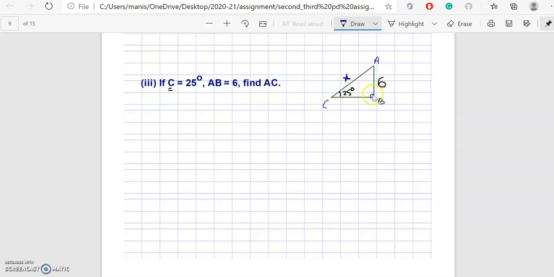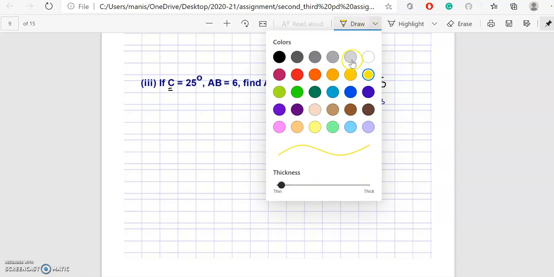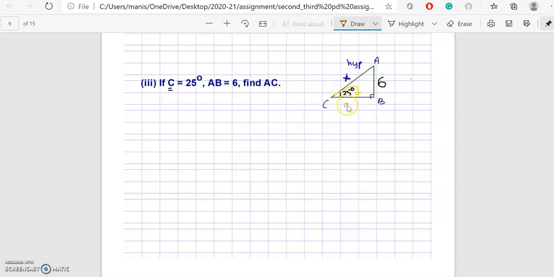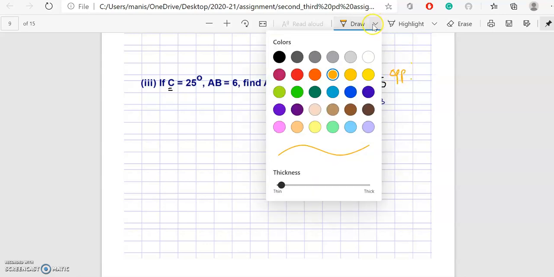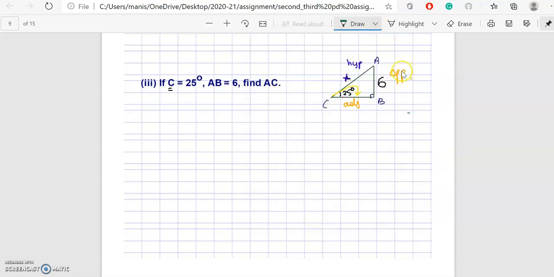When I say label the triangle, step number 1 is label your hypotenuse. Hypotenuse is what? It is in front of this 90 degrees. Now since we are talking about angle C, is this your opposite side? No, this is not your opposite side, this is your adjacent side, this is your opposite side. Step number 3, we will circle the known quantity to us and what they want us to find. This is called the unknown quantity.